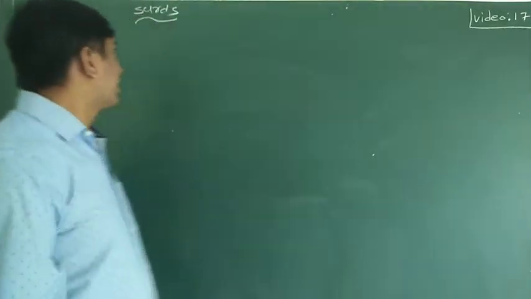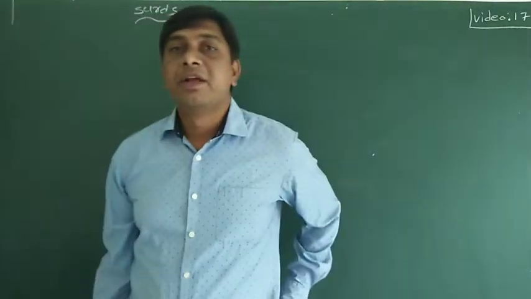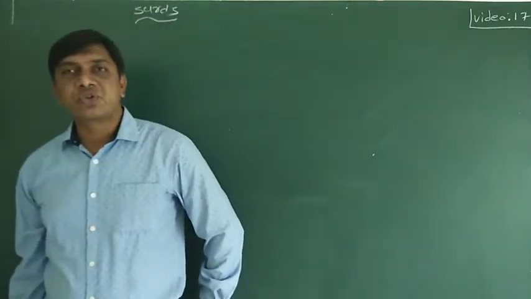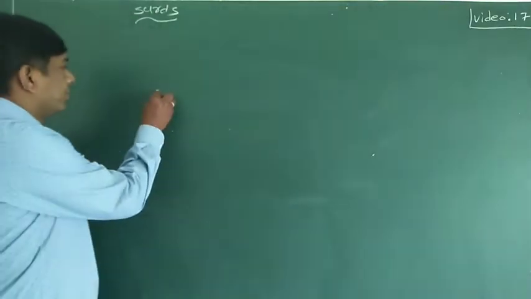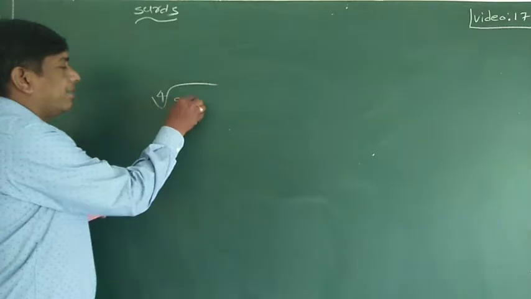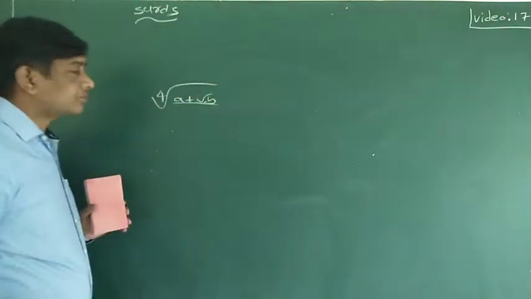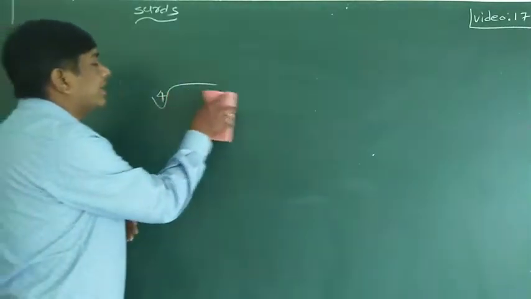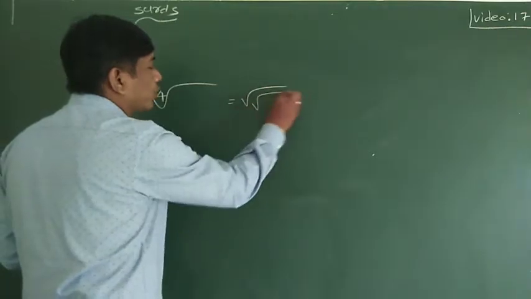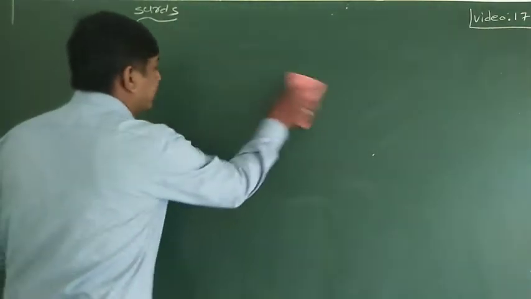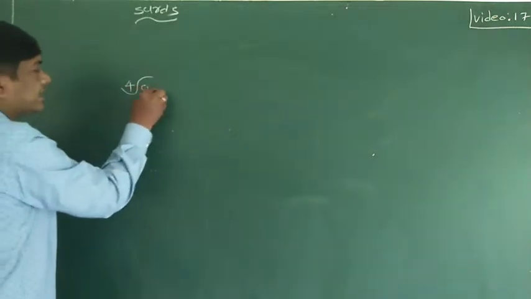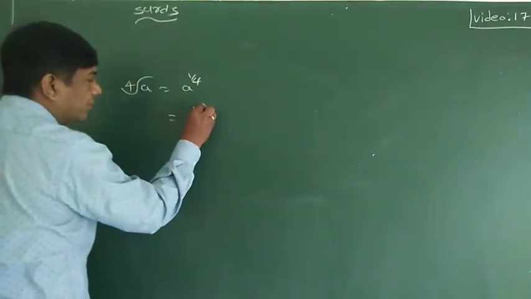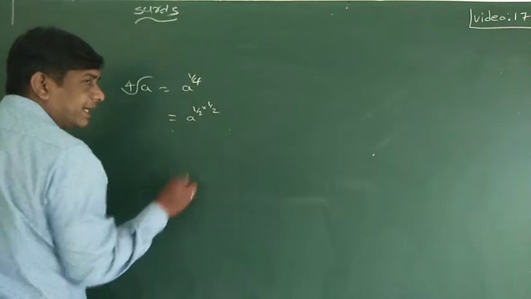Okay, now I am going to discuss how to find the fourth root of a surd. Fourth root of a surd means order 4, fourth root of a plus root b. Fourth root of a surd means an order 4 surd. Fourth root can be written as a square root of a square root. Can I write like this? Because the fourth root of a is nothing but a power 1 by 4. This I write as a power 1 by 2 into 1 by 2. Can I write like this?